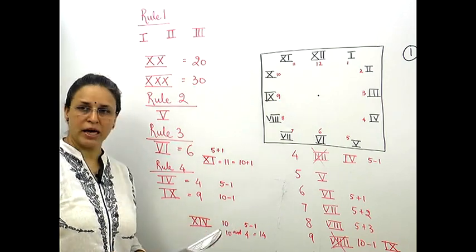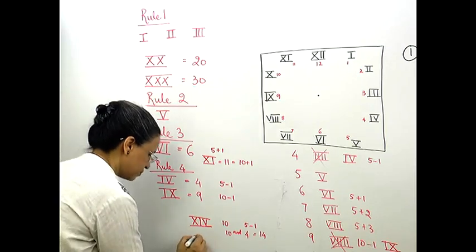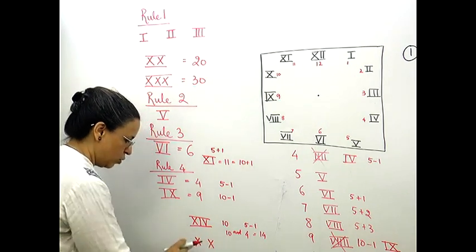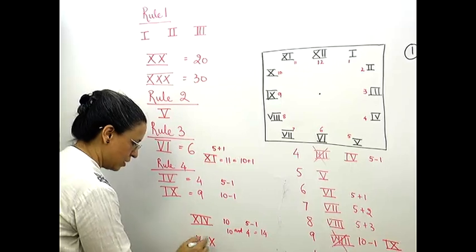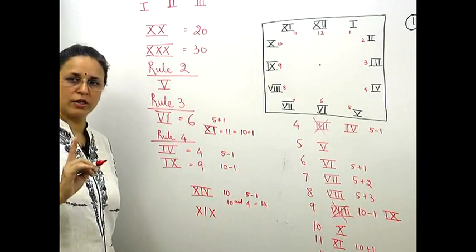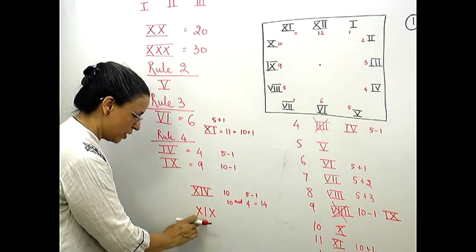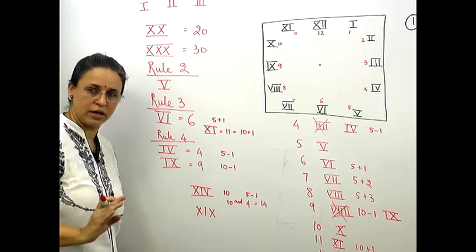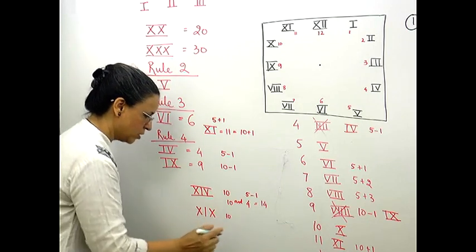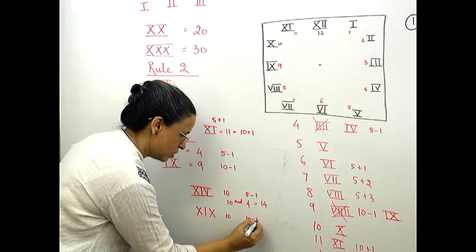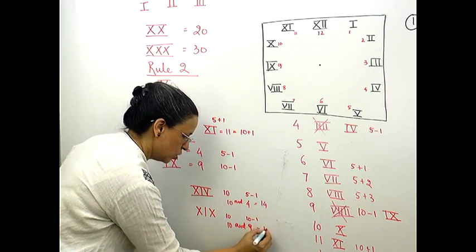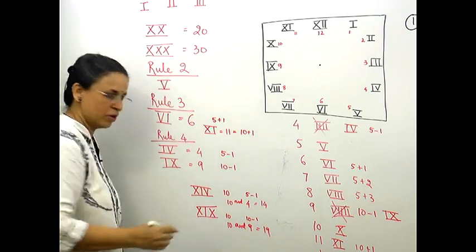Now here you can see 19 also. How is 19 written? 10, and if we had put one more 10, it would become 20. But from the next 10, we are writing 1 here, which means minus this. आप यहाँ पे थोड़ा ध्यान दें, यहाँ पे 10 plus 1 11 और 10 ऐसे नहीं लेना है, ये हुआ 10, okay, this is 10, and in the second part we have taken 10 minus 1. So 10 and 9 is equal to 19. So this is how 19 will be written.